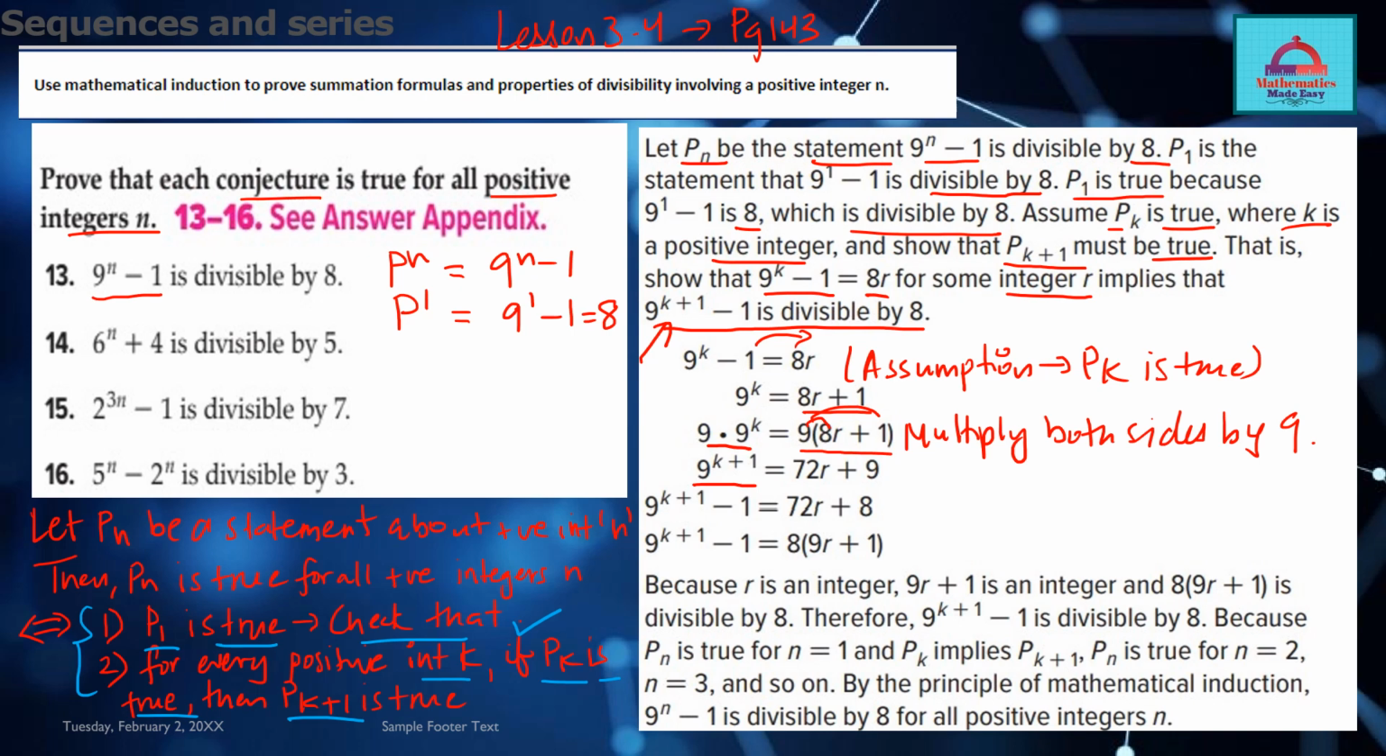Why I'm doing that? Because I need the value of this thing, 9^(k+1) minus 1, because I need to check whether it is a factor of 8 or not, whether it can be written in the form 8 to the power r for some integer r or not. So that's what we are trying to do. So when we subtract 1 from both sides,